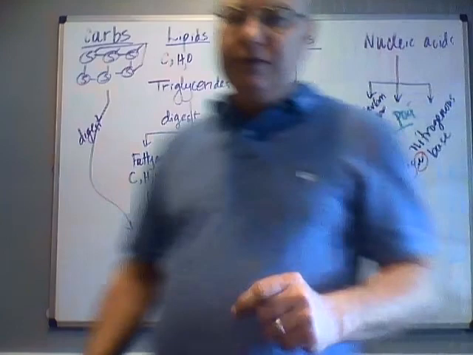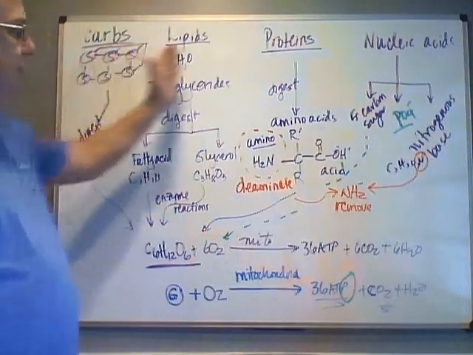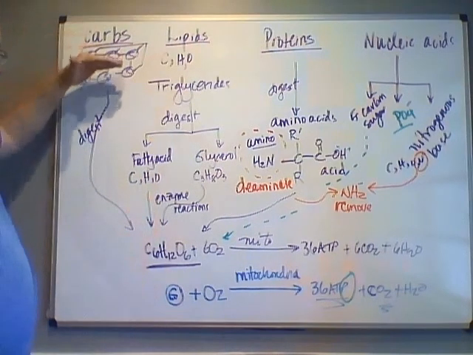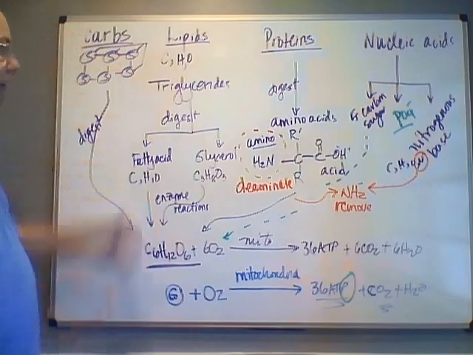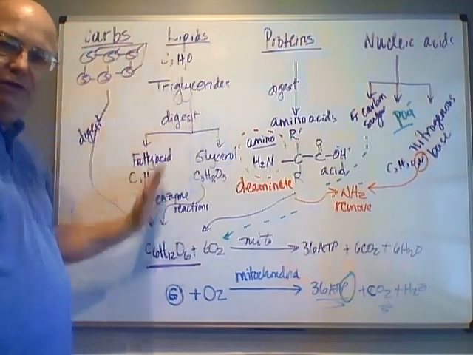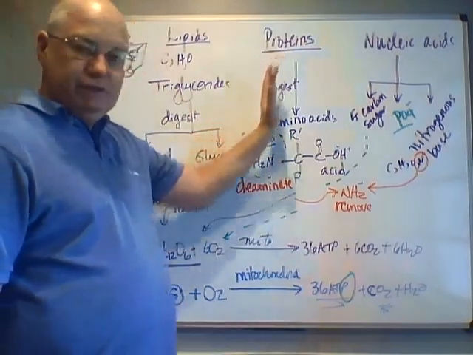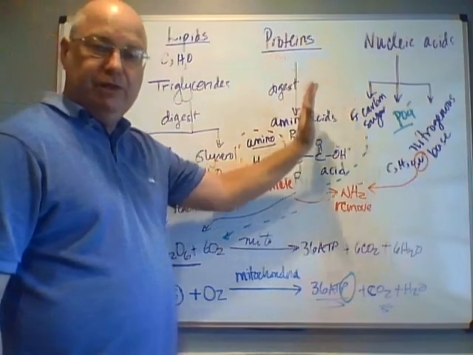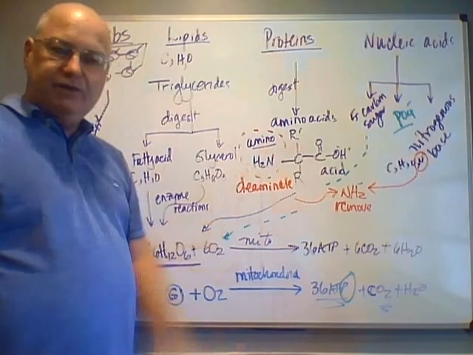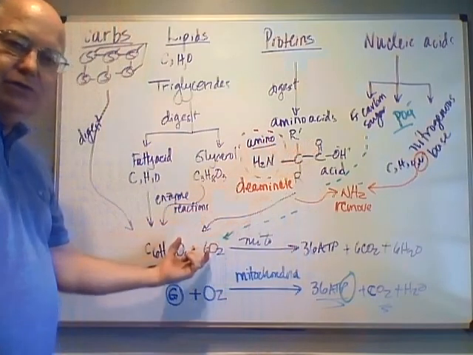Now, the whole point of this is just to reiterate what we were talking about before when we talked about the 4 major organic compounds. And what you need to know is this. These are made out of carbon, hydrogen, and oxygen directly for energy. These are also made out of carbon, hydrogen, and oxygen. I would rather use them for membranes, but if I have to, I can convert them to energy. The big deal here is the proteins. I want to use them to build proteins, but if I'm out of every other energy source and I can't chase down a rabbit or find some kelp or something to eat, then I can convert amino acids